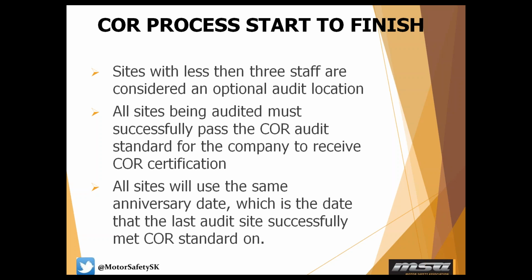To give you an example, let's say on January 27th, we conducted 5 audits of your locations. 4 passed, 1 did not. So we have a 3-month wait period. After that 3-month wait period, we could conduct the re-audit of that last location. And once that last location passes, that is the new audit cycle date. So once that last audit passes, it would be the new audit date moving forward in the cycle.